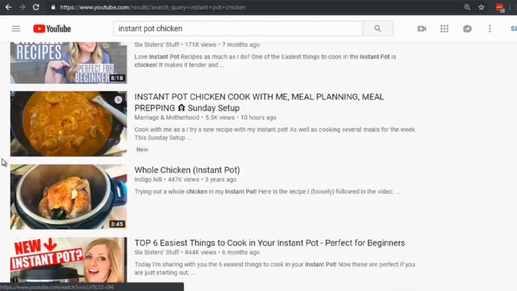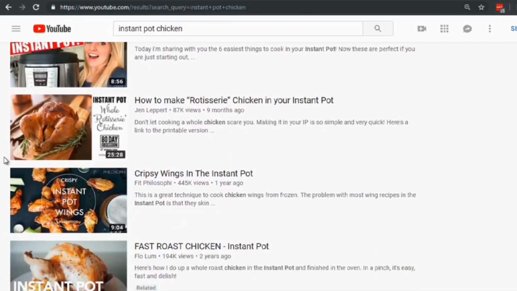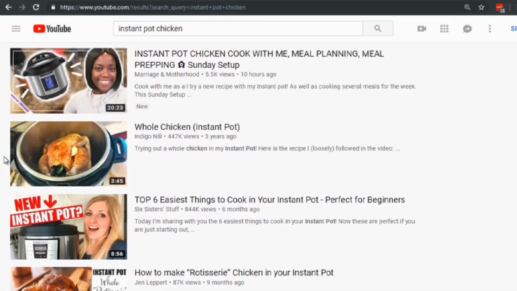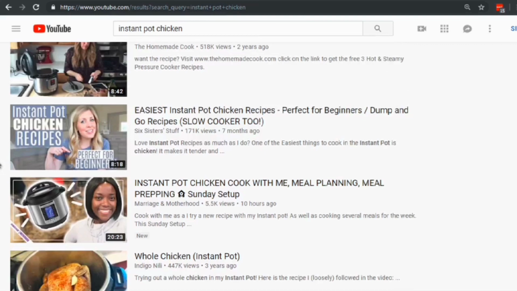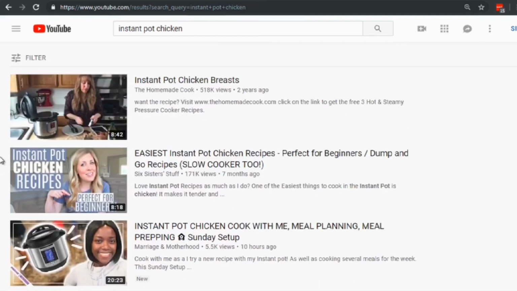So Instant Pot. So we can see the ones at the top definitely have the Instant Pot in it, or a word that's chicken, or a picture that has chicken in it. So it fits the keyword. Now, if you're not a professional thumbnail artist or anything like that, there are different sites that you can use